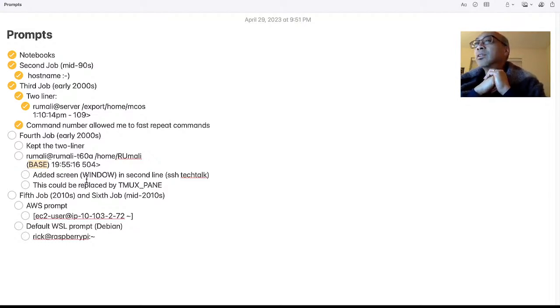Back then, in the early 2000s, I had discovered Screen, and I was a massive user of Screen. And one of the things that I realized is that I wanted my prompt to reflect what screen number I was on, or whether I was in Screen or not.